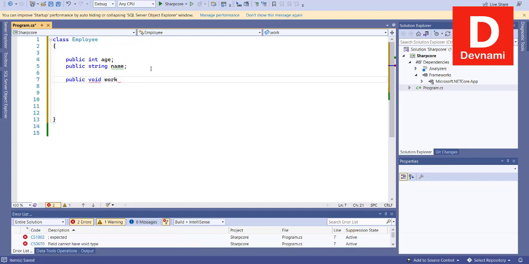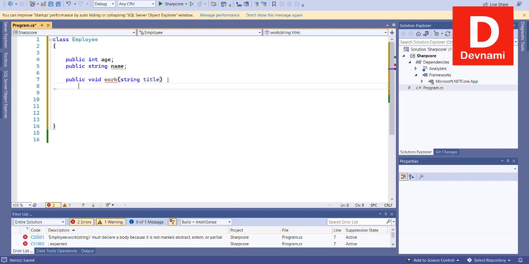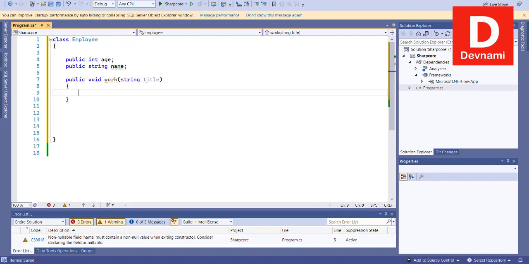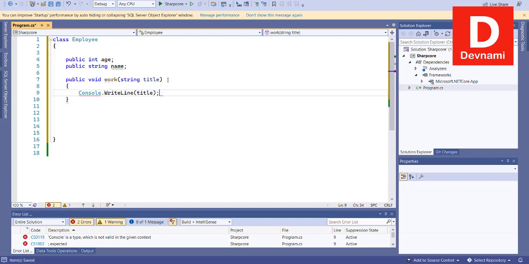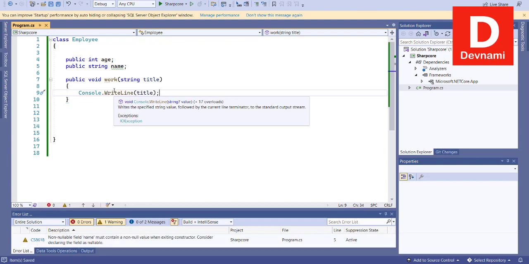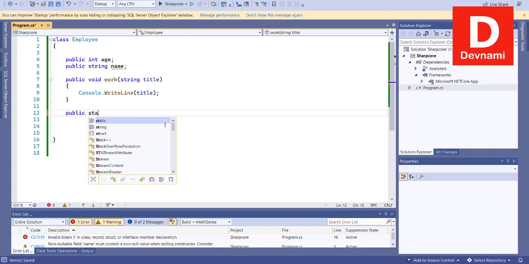Then next is, let's say if I have public void, and if I want to pass on a work description, so let's have just work that takes a string called work, or let's say title. And within that what we do is Console.WriteLine title. And within this class, next is typing public